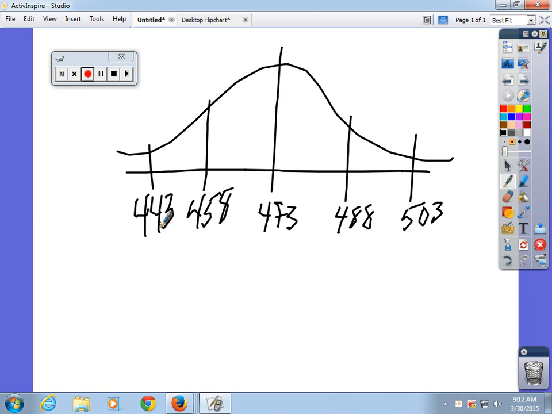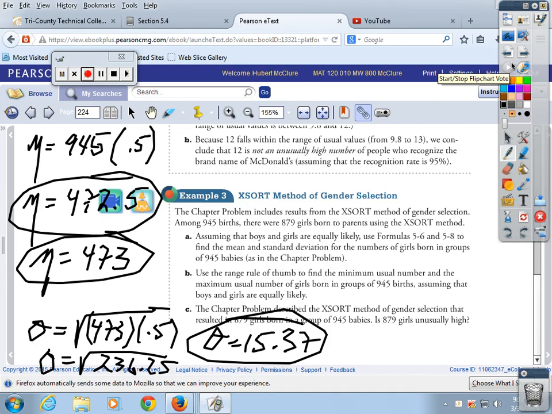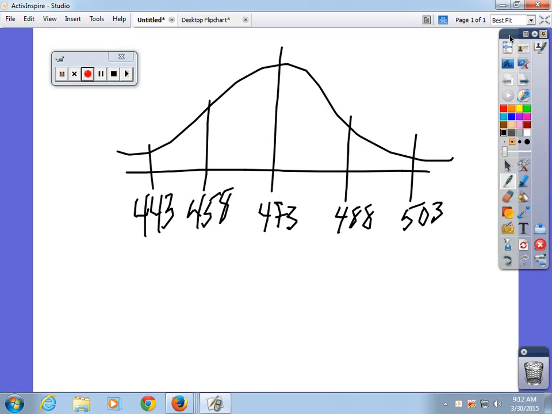Now the question is going to ask something else. Let's see what the question asks. It says use the range rule of thumb to find the minimum and the maximum. Is 879 girls unusually high? Well, let's look. 879 girls is like right there. So 879 is going to be,